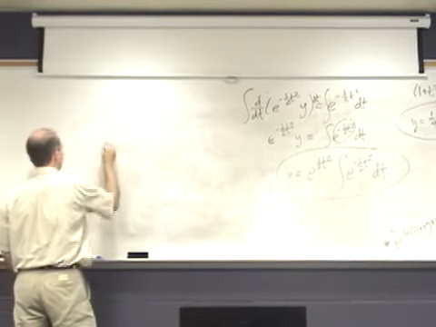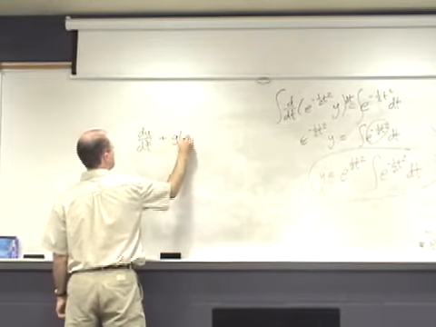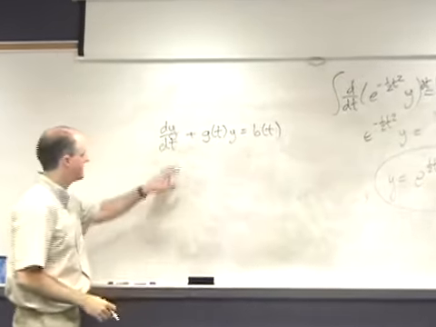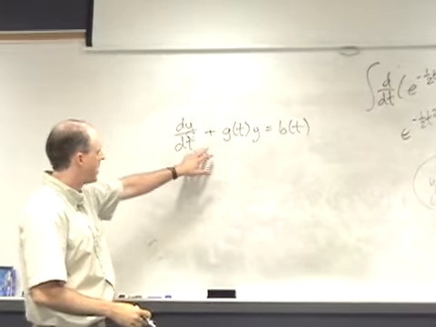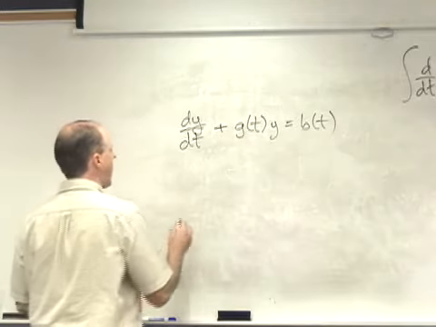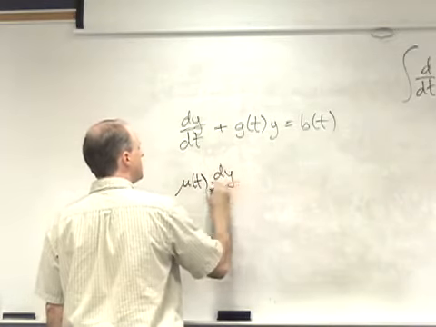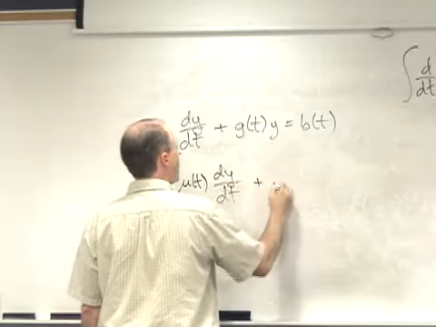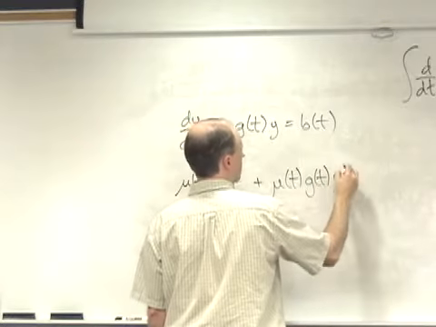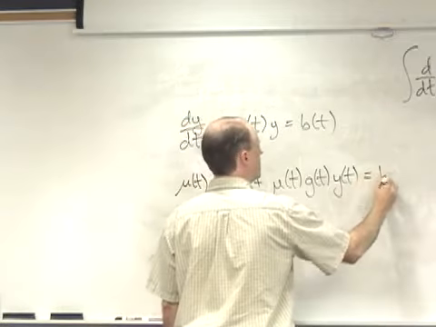Well, recall that we're essentially starting with our differential equation looking like this. This is the form. And again, I hinted at how the left-hand side here is almost like what you would get out from the product rule. Let's imagine that there is a function, mu of t, so that when I multiply both sides of this equation by mu of t, and I will put y of t in there to emphasize that y is a function of t,